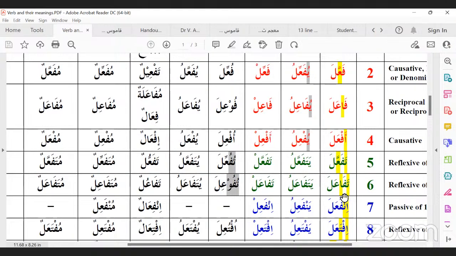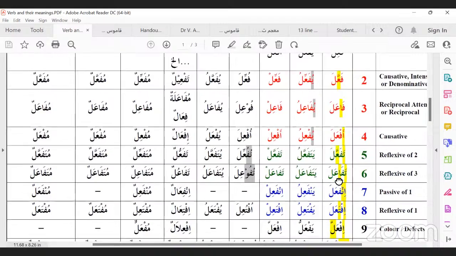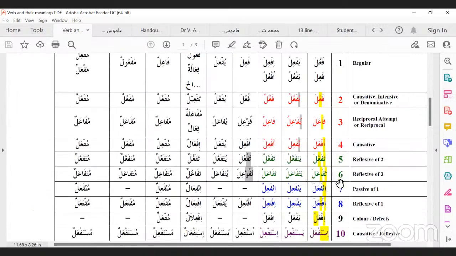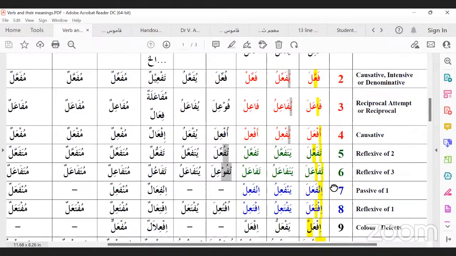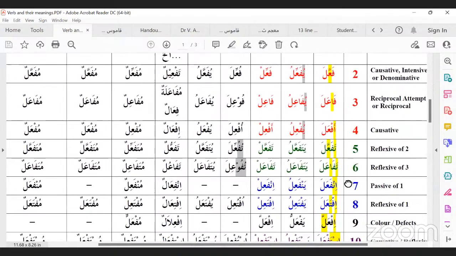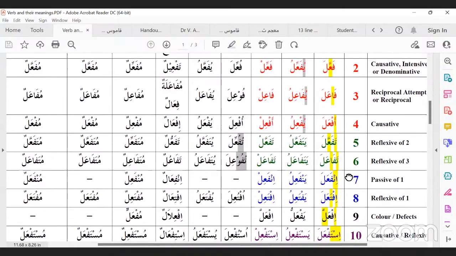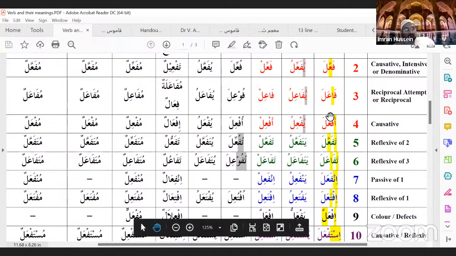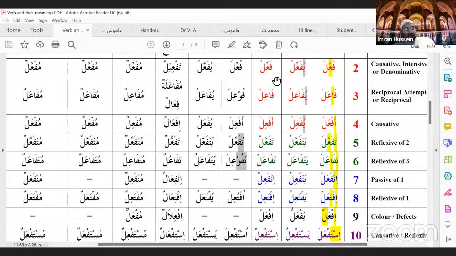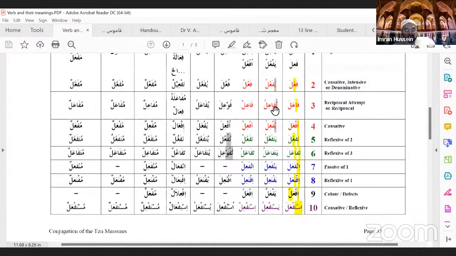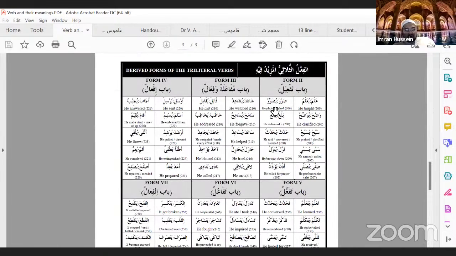So are these referred to as verb forms 2, 3, 4, 5, 6? Is it okay if we focus on the first maybe 3 or 4 and then go further? My plan was to finish the book first, because in the next few lessons you will have different verbs with the weak letters as well. So let me show you. If you look over here,